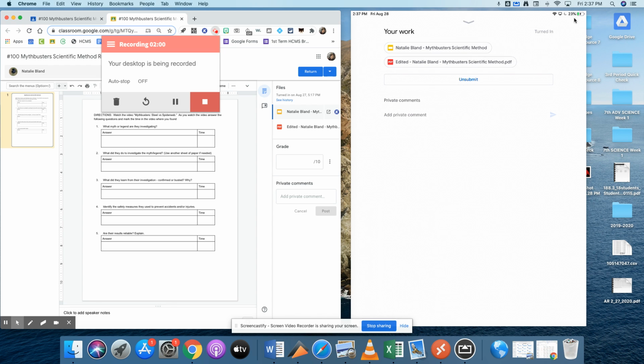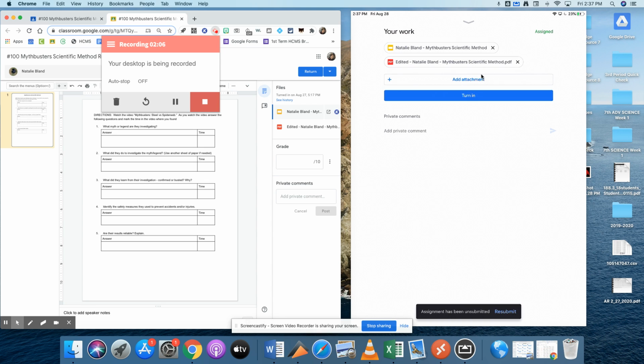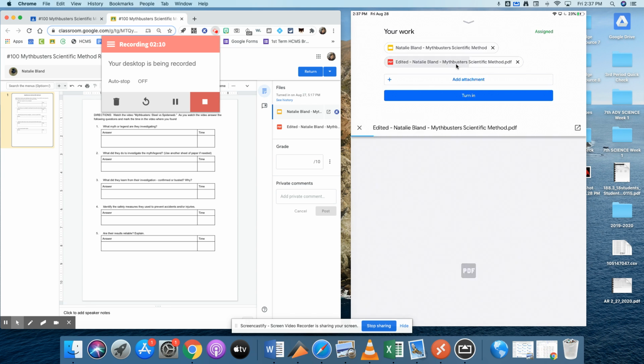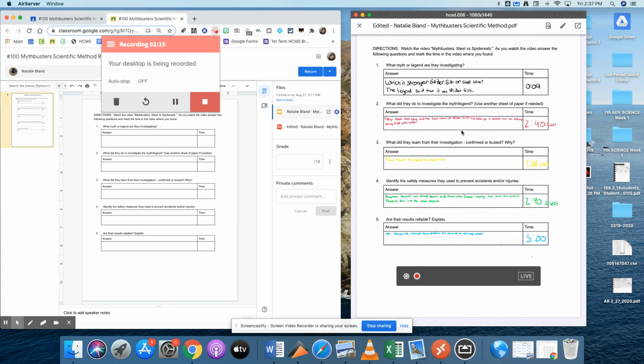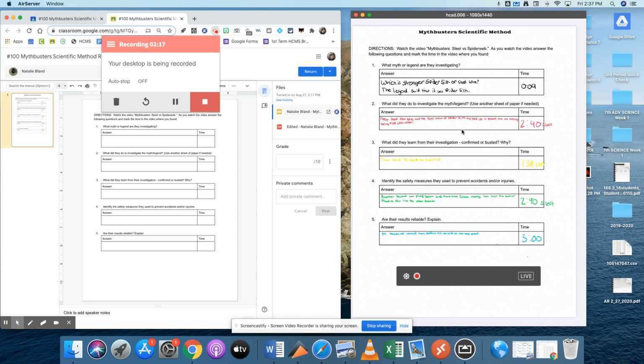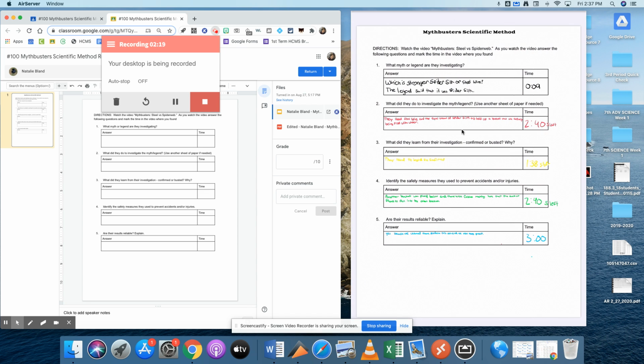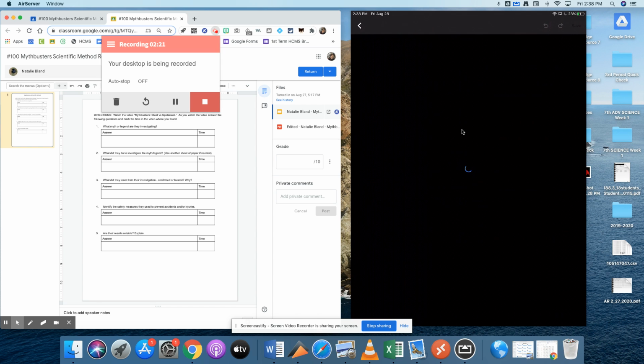Now to get into these, because we've got to fix stuff, I'm going to hit unsubmit, and I promise I'll turn it back in for you whenever we're finished here. So now we can do things. And I want to show you something. When I click on her edited one, here's the thing about it. I can't come in here and actually change anything. I can't change anything. I can type, I can write on it again,